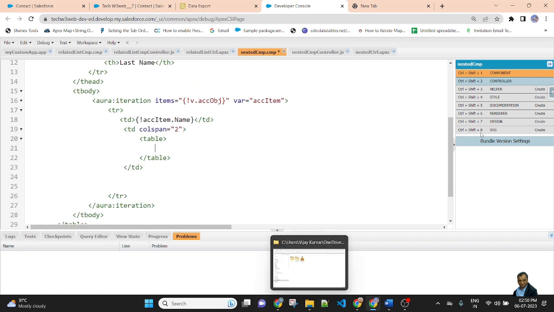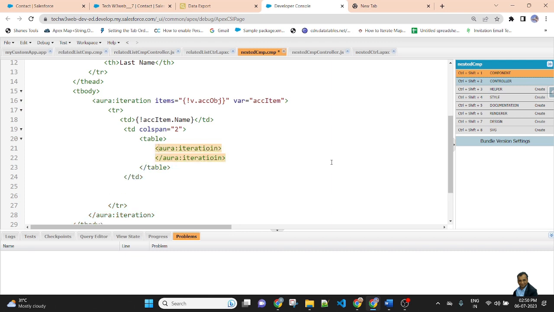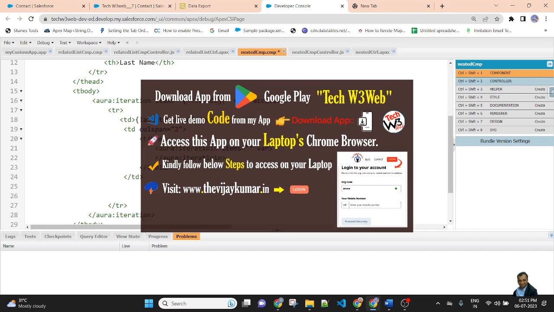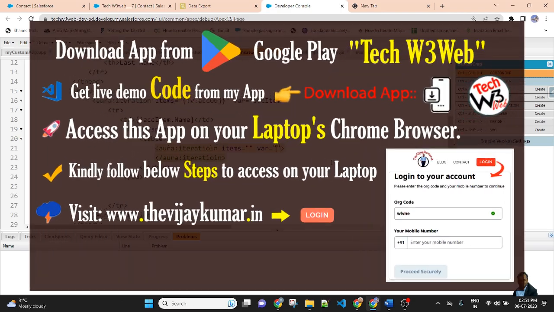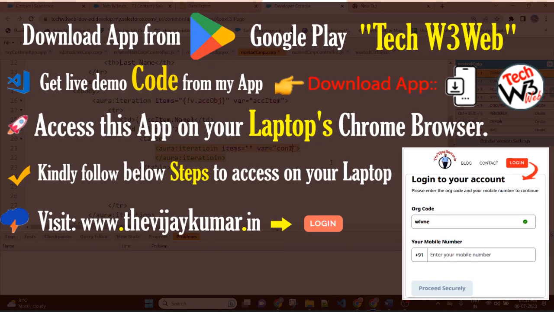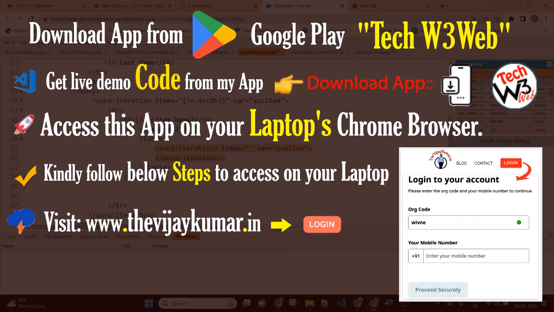I will use the aura iteration for getting the contact records. Inside the aura iteration I will use the items and the var. Here I will use conItem, and here pass the curly bracket.